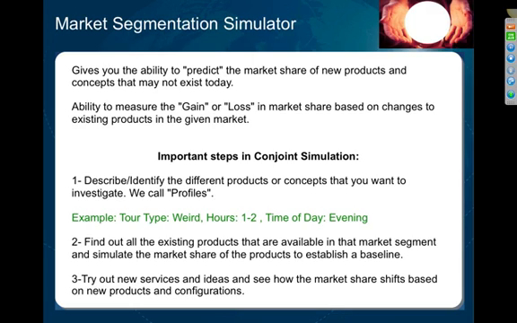There are 3 main important things when you are using a market or conjoint simulation tool. The first thing is you want to describe or identify the different products or concepts that you want to investigate, and we call those profiles. These particular products or concepts that you are going to investigate are pre-existing, and they are pulled from your conjoint tool, or your conjoint